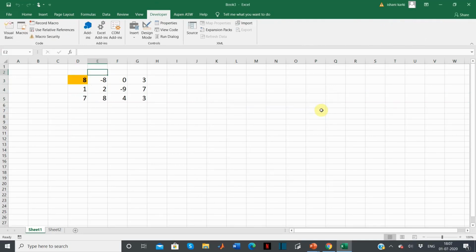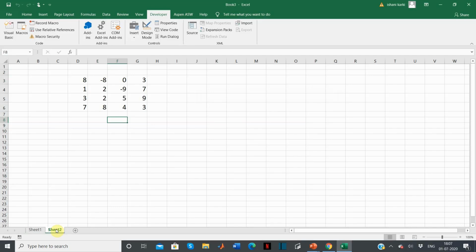Done. So when you do that, you can observe that when you record a macro with absolute references, it will place the recorded steps exactly in the cells where it was recorded, irrespective of the active cell. But this is not the case in relative referencing. It will use the active cell as the reference and then make changes. Let's see what happens in relative referencing.